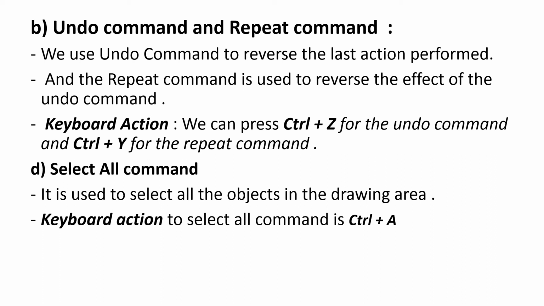Okay, so this we have seen, and there are 2 keyboard shortcuts. By using that you can perform the undo command and repeat command. You can use those 2 commands using the keyboard. You don't need your mouse. Now what is the keyboard shortcut for using the undo command? That is Ctrl plus Z, and the keyboard shortcut for using the repeat command is Ctrl plus Y. Now these are the very important keyboard shortcuts. Using these keyboard shortcuts you can perform your task using keyboard without using your mouse.